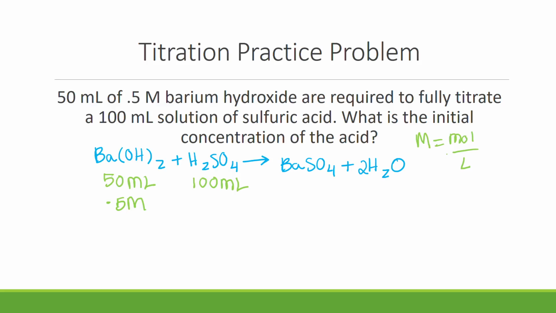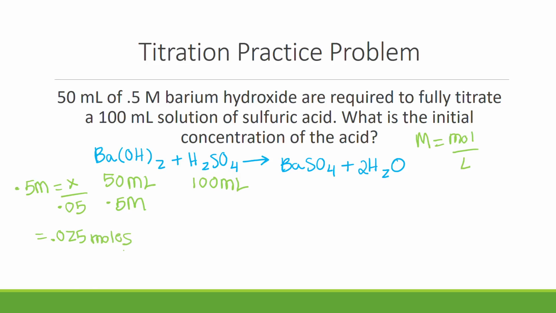In stoichiometry, we can use our molarity formula, our gas laws formula, and our mole to gram conversions to figure out what units to use and how to convert things in order to use moles and the proper ratios. So let's go ahead and set this up as molarity. We have 0.5 M is equal to x over 0.05, because we want to put that in liters. When we do that, we get that there is 0.025 moles